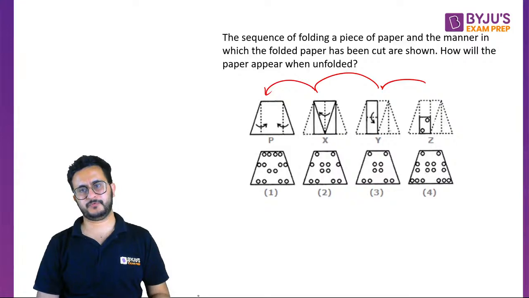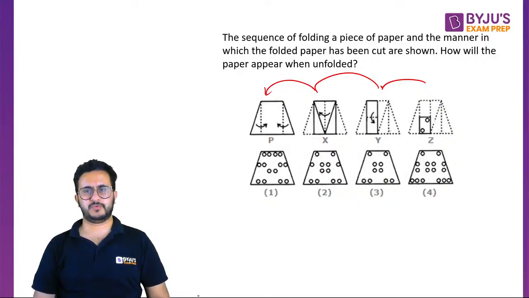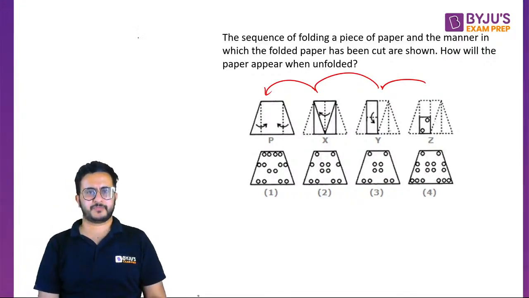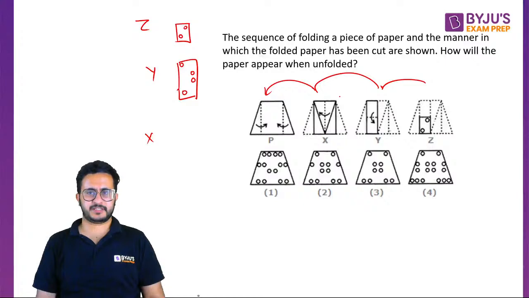Which shape will appear on it. So go one step by one step backward and then find out. So last step, that is Z, it is showing like this, and before that it was closed like this, right? So Y shape will look like this. This, and this. This is Z. This is Y. Then X is basically